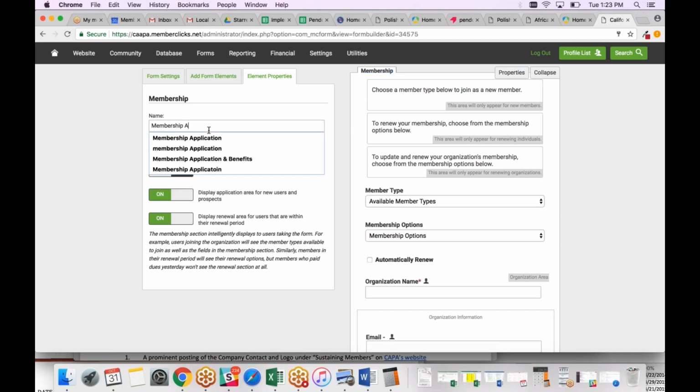That may not make a lot of sense to them, so you may want to actually spell this out and say membership application. You can enable the membership application. That's what we're using this for, so of course we want this turned on. You can require the membership section when available to the user. I would always turn that on